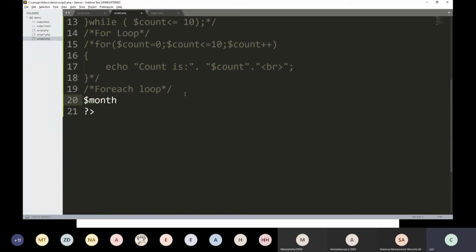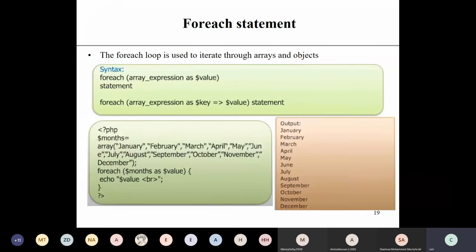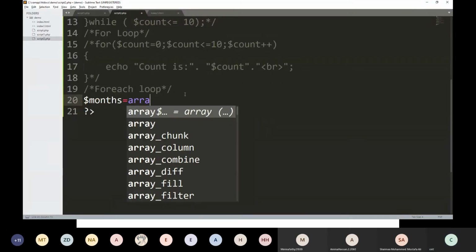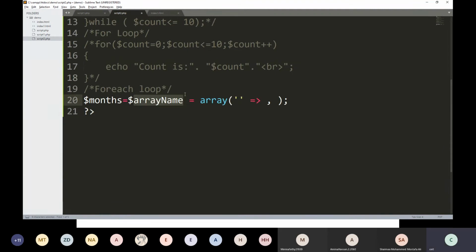How can you initialize the array in PHP? Using the array keyword. Then here my array name is months.